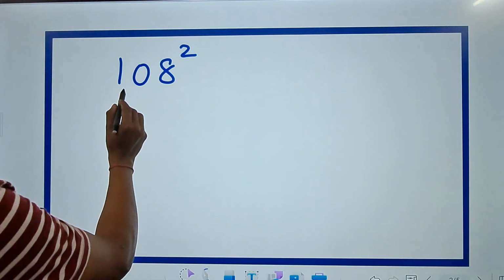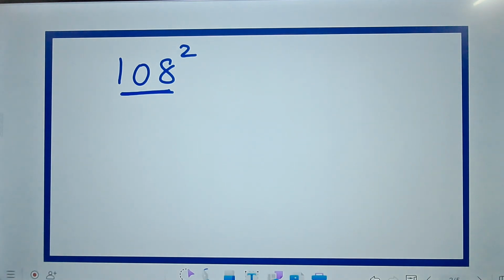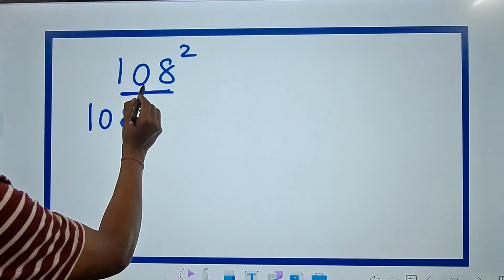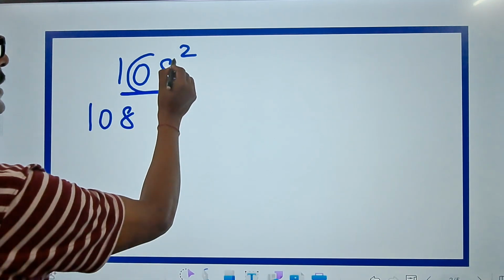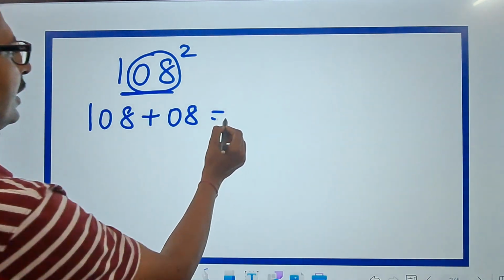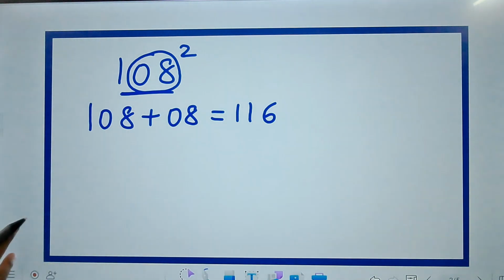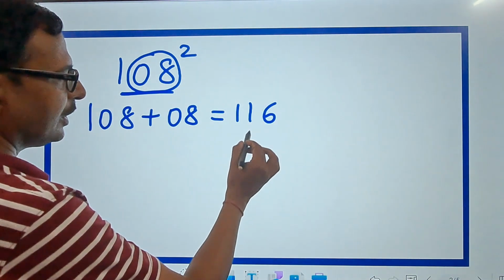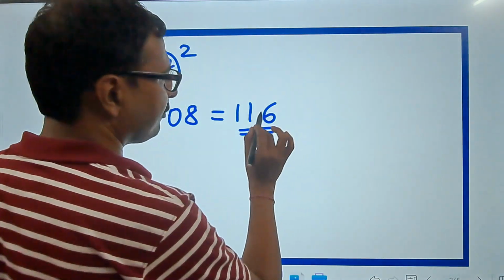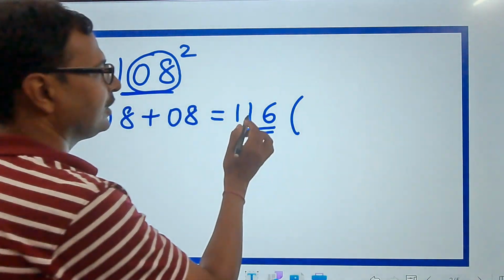Look at the first three digits here, that's 108, right? Now what I am going to do is add the number formed by the last two digits, that means 08, to the number itself, and that will give me 108 plus 8, that is 116. So what do I do with this 116? Now this 116 actually is the first part of my answer, and if you do this addition, you should get